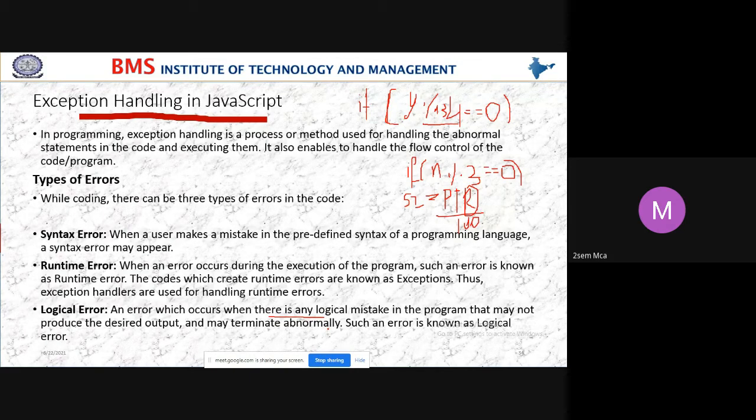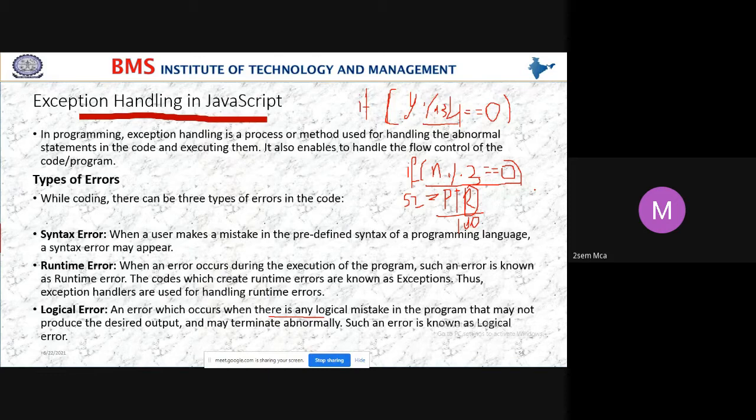So what happens in the program, sometimes we make a mistake, but according to syntax, those mistakes will be correct only. See students, if I take the statement if n mod 3 is equal to 0, is it right according to syntax? Yes, it is right according to syntax, but logically it is wrong. Why is it wrong? Because here I want to find whether the given number is even or odd. If I am writing some other logic, then it might be correct.